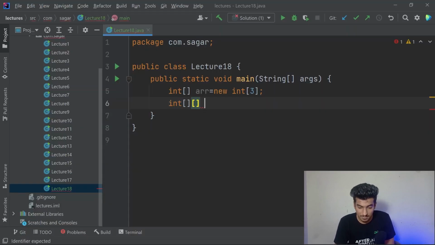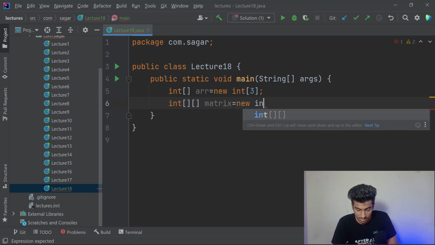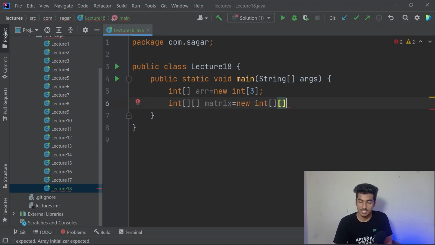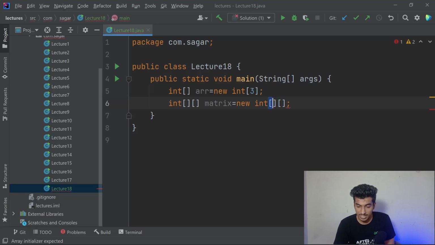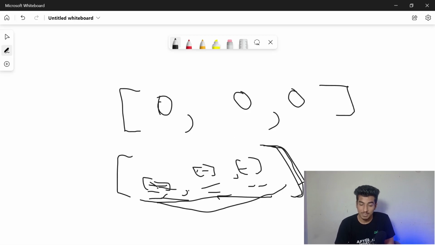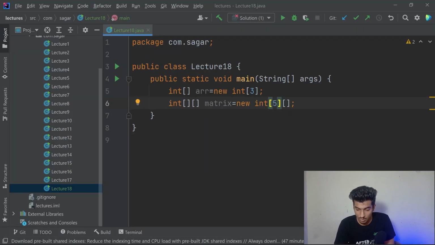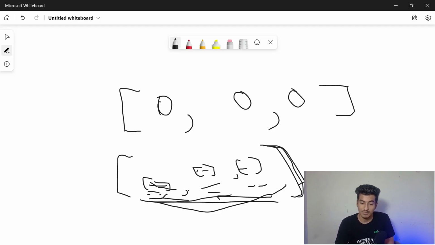This is an array of type integer array. So it is that simple, and I will call it a matrix, and after that new integer, same as this. Now we have to define the size in it. So there are two boxes, and first we have to define how many arrays this matrix will contain. So how many arrays will be in this matrix, in this 2D array? Suppose I write 5 here, so there will be 5 arrays in this matrix, or I can just use this example: there will be 3 arrays. So I will first clear this,